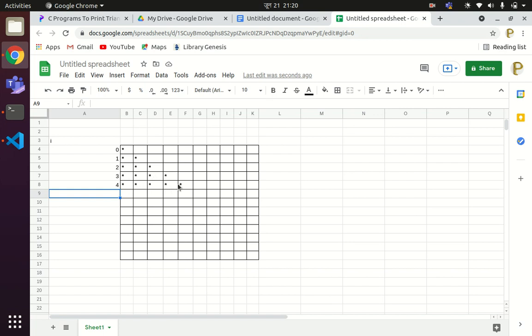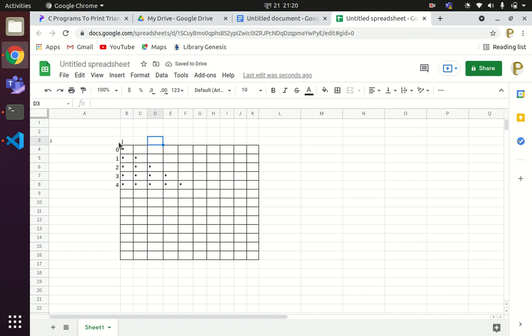So there is some relation between the row and the number of times the star is printed. If the row number is 1, it is printed 1 time. If the row number is 2, it is printed 2 times. If I call this value j, then you can establish the relation between i and j.